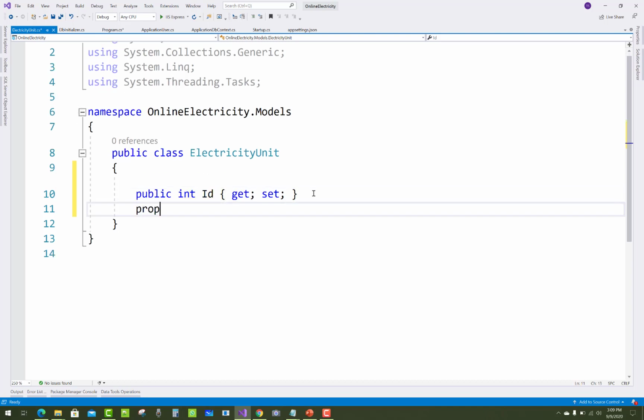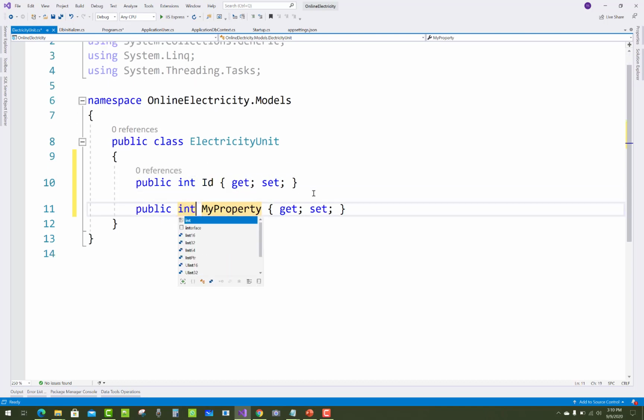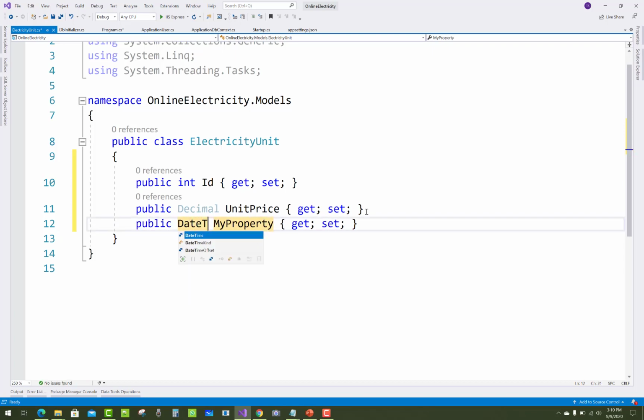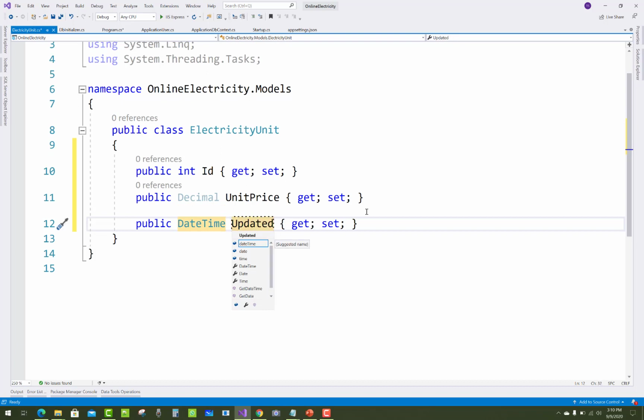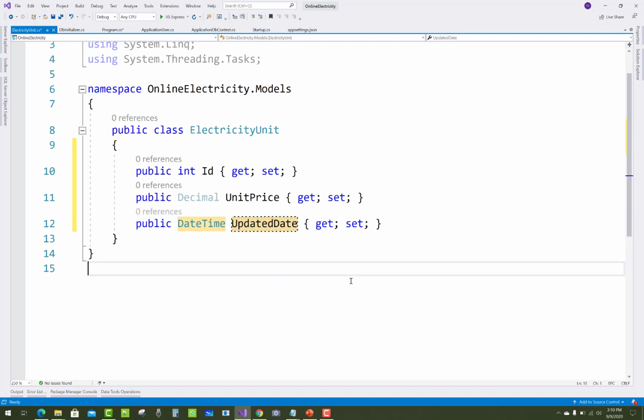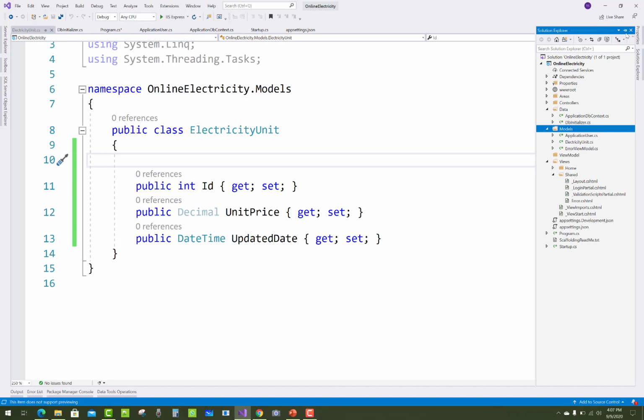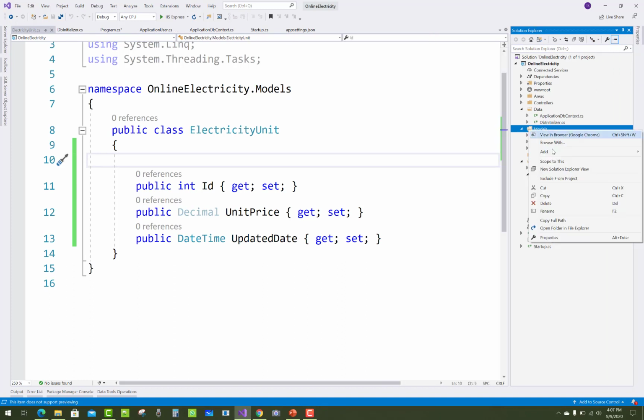Just add a public int Id, the UnitPrice, and a DateTime UpdatedDate. The first time I will put those values in the ElectricityUnit, and the next time the updated date will change.